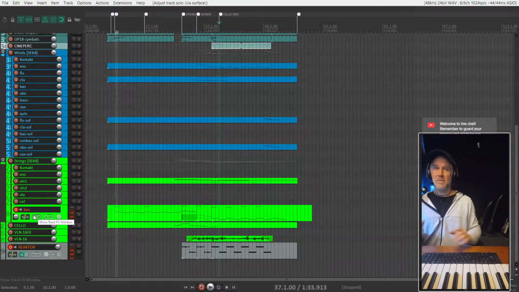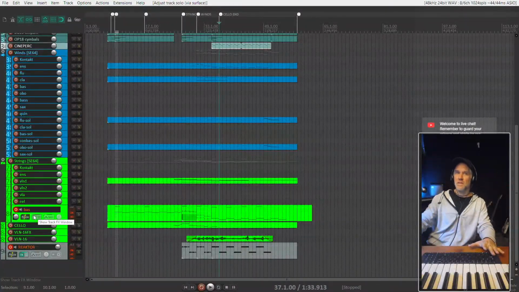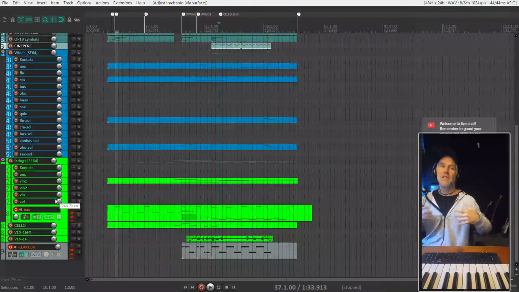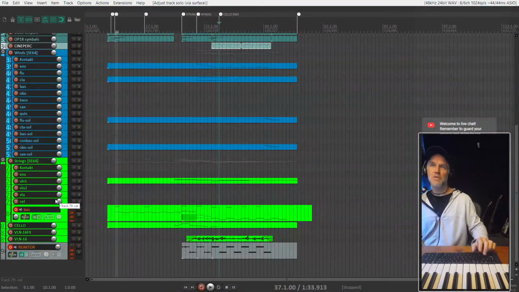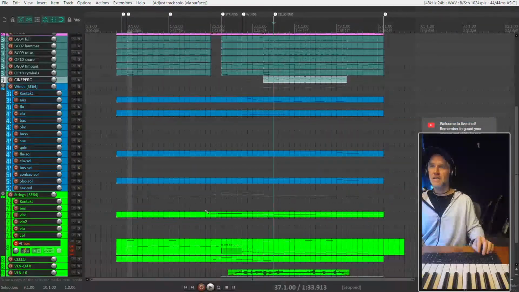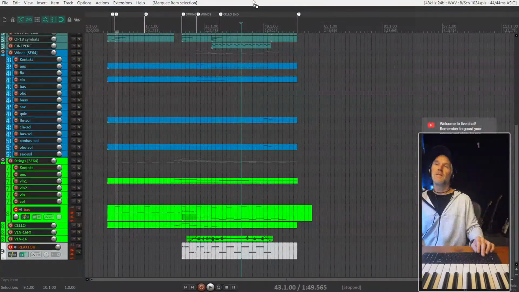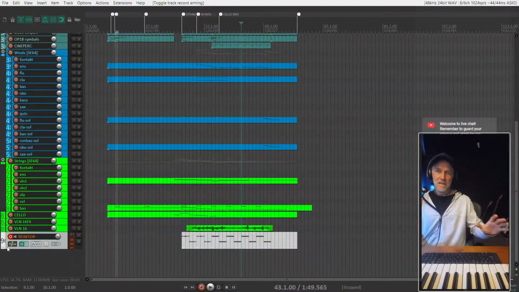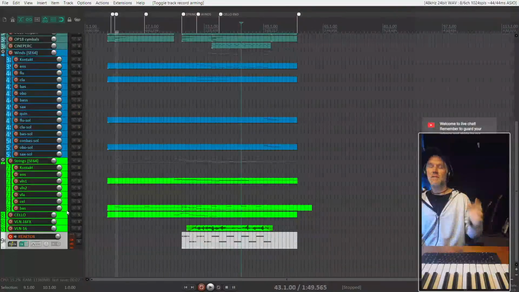I've only got these headphones on, but it's a good starting point for when you do the actual mix through the monitors, to try and get all the parts in place with headphones first. Then you fall in love with it, then you take the headphones off and it sounds crap through your speakers, and you have to beat it into place with compression and EQ. Then you put your headphones back on and it sounds okay, and then you listen to it in your car for 3 weeks and it sounds like you need to change this and this. You come back and change that and that, and then it sounds fine and you're happy, and then you listen to it through bud earphones and it just peaks out, and eventually you just give up and go, okay,